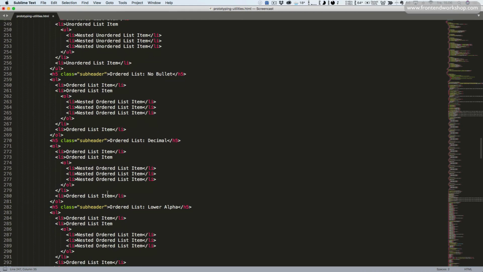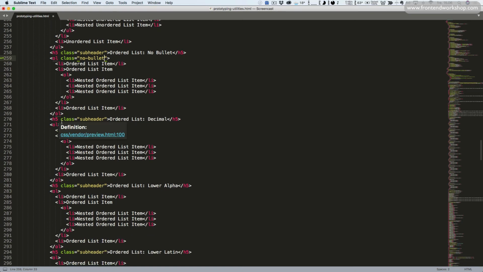Then for ordered lists, we can also remove the bullet, which in this case is actually numbers, but the class we use is still no bullet. So the classes will now be removed from the first level. And then for our next ordered list, we can make it use the decimal instead by adding the class list decimal,